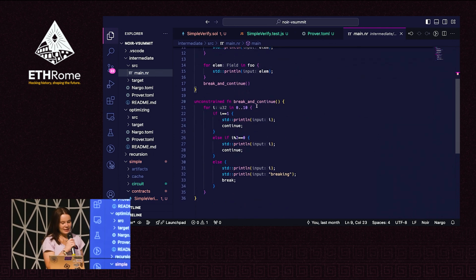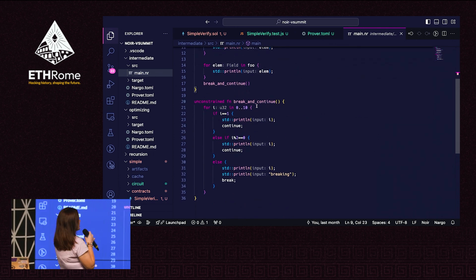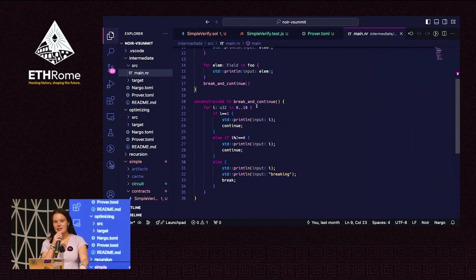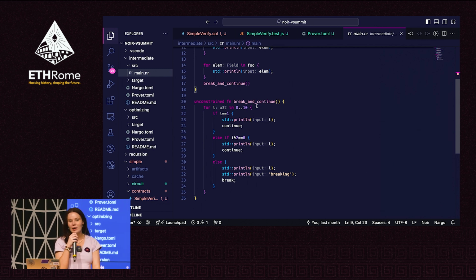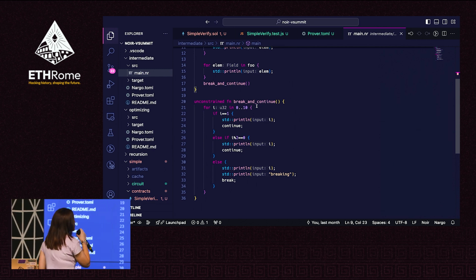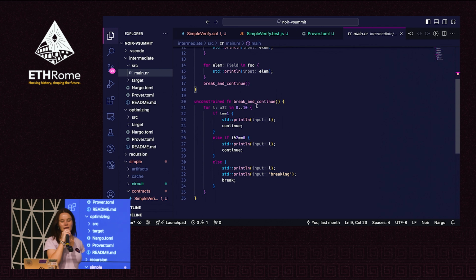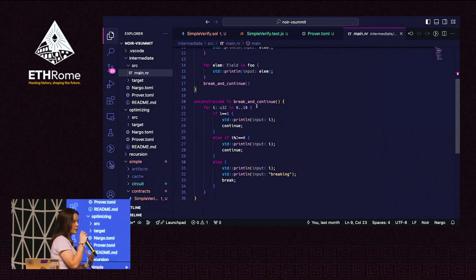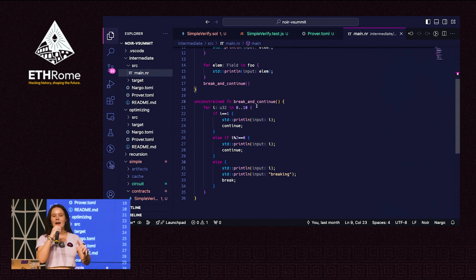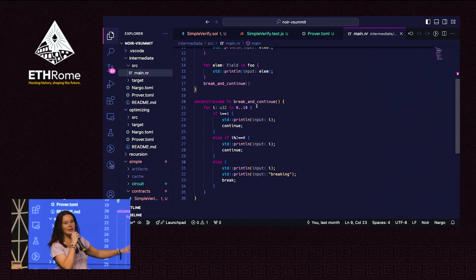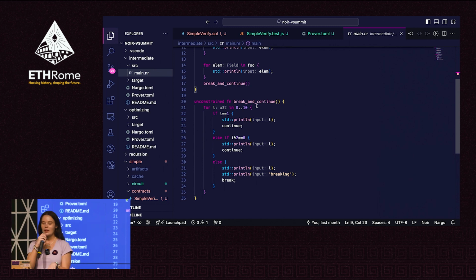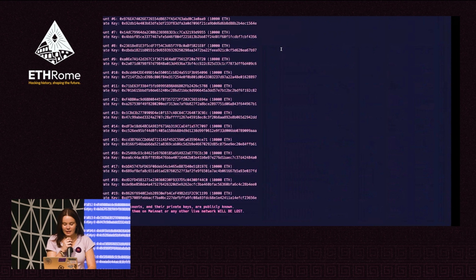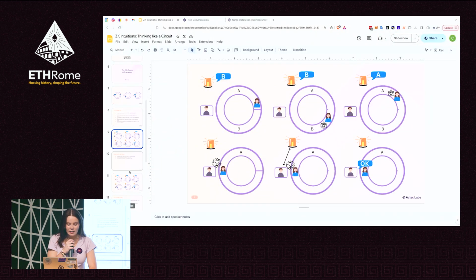Different types of for loops. I've got this as well because it is possible to do breaks and continues, which maybe doesn't particularly make sense because we said that the size of the circuit, you have to know it at compile time. But you can use something called unconstrained functions. I'm going to get into this a little bit later as well. But unconstrained basically means they're not actually part of a circuit. There's no proving happening here, but you can do things like break and continue and have arbitrary size stuff within an unconstrained function, which could be useful for optimizing certain things. So if we go back to our slideshow,